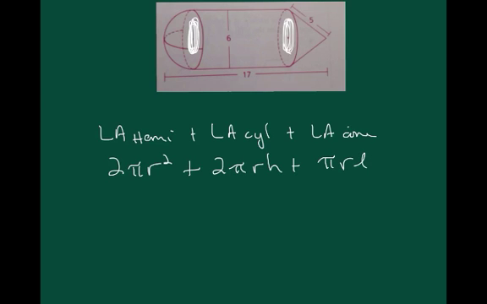Well, the radius for all of these is 3, because that's half of the diameter that is given of 6. So be careful, because that radius of 3 means that the radius of the hemisphere is 3, which means the height of the hemisphere is 3. So when I try and calculate the height of the cylinder, I can subtract off the 3 from the left